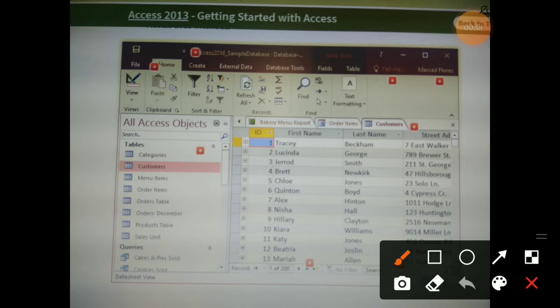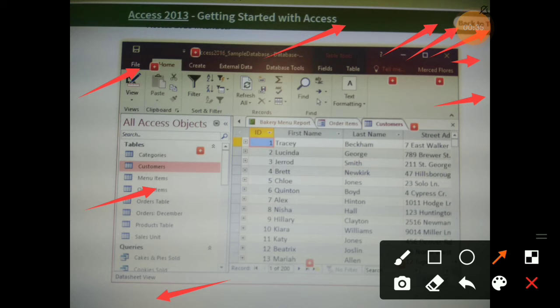This is the interface of Access 2013. You can see one window is there. There are some tabs which we are going to see about. This is a title bar. There is one help button, minimize button, maximize button, which is also called a restore button, one close button, ribbon, navigation pane, file tab. One status bar is also there.